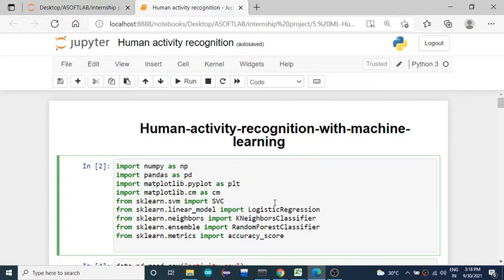Okay, and this data should be relevant to the problem statement. Which is the problem you are going to solve? What's the problem statement? That you should know first. Then you need to collect the data according to that problem. If you want to predict what kind of activities a human is doing currently, you want to recognize that, then you need to collect the data which is relevant to that problem.